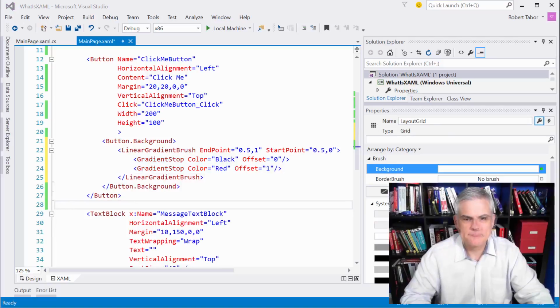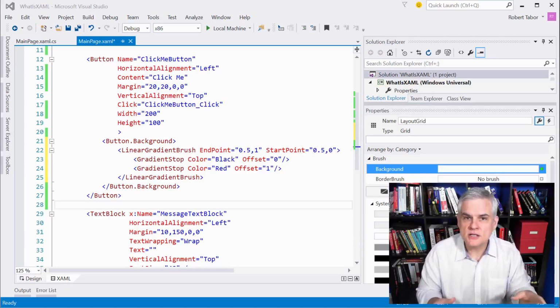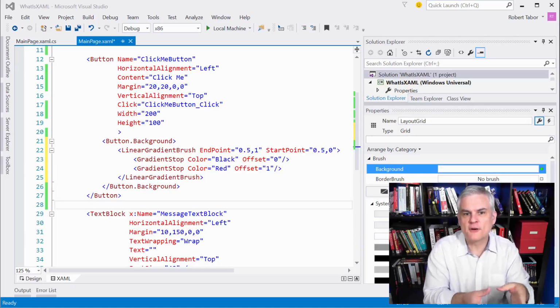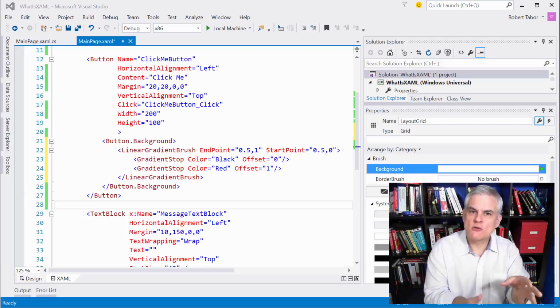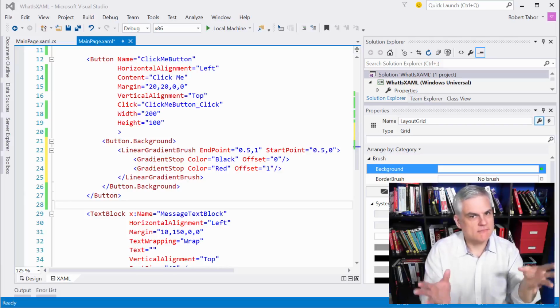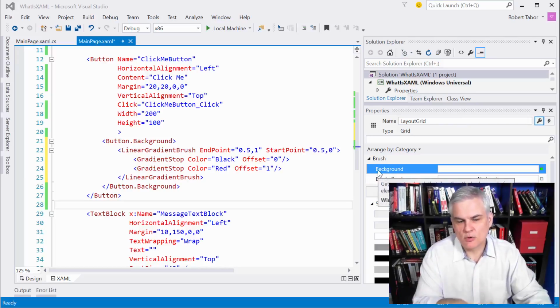context, okay? So the moral of the story is that the XAML parser is intelligent, and it doesn't require us to include redundant code that it can infer from the context. As long as it has enough information to create that object graph correctly, it'll do it, and we don't have to give it any more than it needs. And furthermore, Visual Studio will emit concise code if we use the properties window or other tooling support inside of